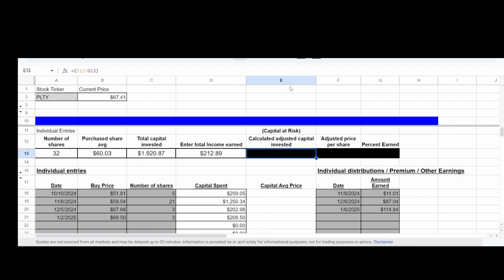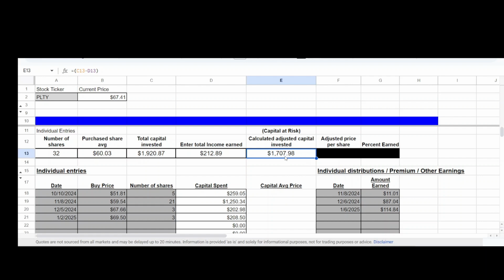So therefore, my new capital at risk is $1,707.98 because I have received back this amount out of my capital. So once this total earned reaches my total capital, then I will have earned 100% of my money back, right? So my new adjusted capital is